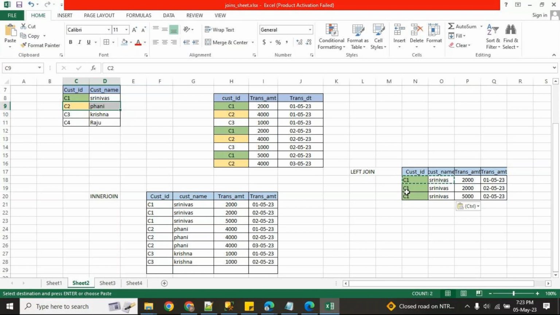So C2 related records come. Now C3, how many transactions have they done? Two transactions. I got C3.